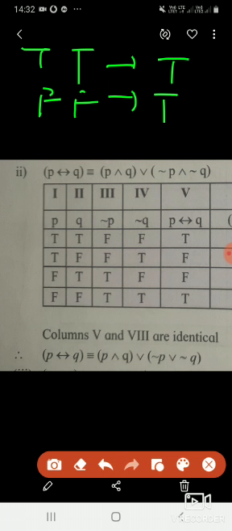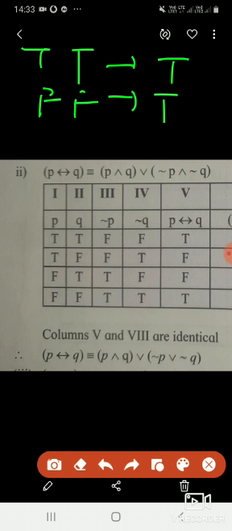So both are true, it is true. Both are false, also it is true. All other conditions it is false. Now listen, to form this table we need P, Q, negation of P, negation of Q. So P values are true, true, false, false; Q values are true, false, true, false; negation of P is the opposite of P, and negation of Q is the opposite of Q. Correct? So we have finished this much.